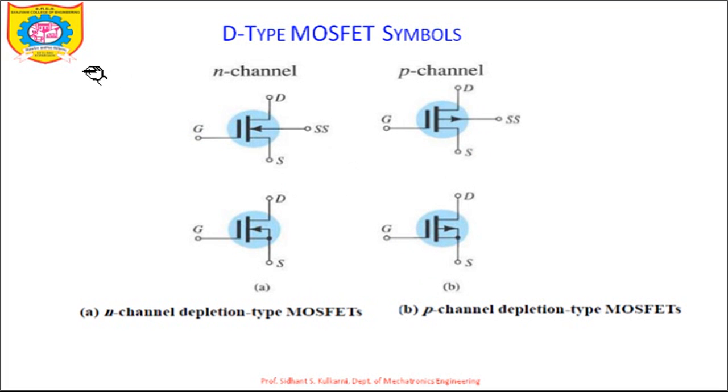If you compare the symbolic representation of the depletion type of a MOSFET with the JFET, you can find some similarities. So I will put this point as your exercise. Just try to draw the symbolic representations of FET along with the depletion type of MOSFET, whether it is an N channel MOSFET or a P channel MOSFET, and try to understand the difference between them and also find the similarities between them. So I will stop here for right now. Thank you very much and happy learning.